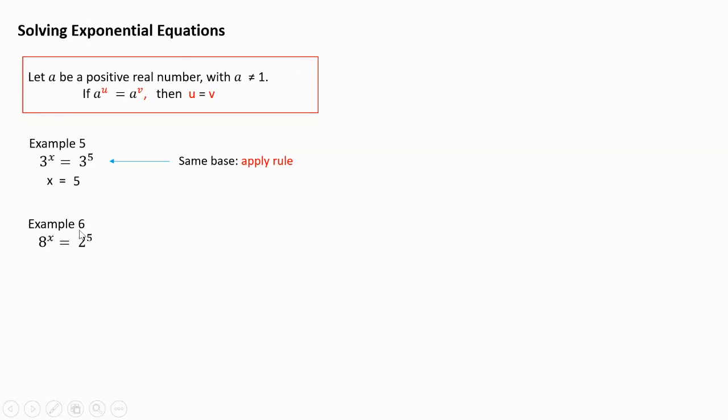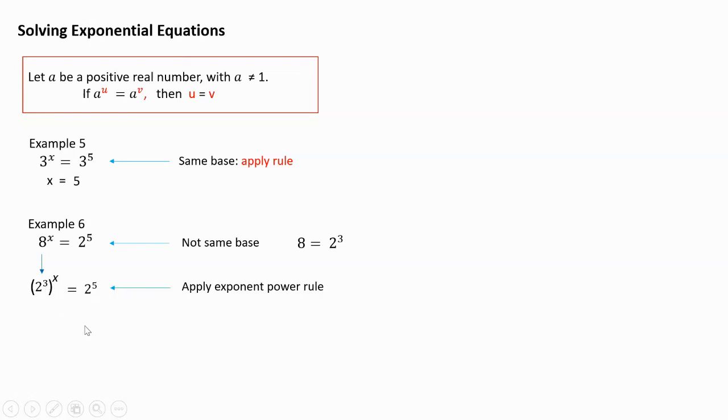So for example, example 6, do they have the same base? Not the same base. So let's see if we can get 8 with a base of 2, like 2 to what power will give me 8. That's why on the previous slide I mentioned that you have to know the perfect squares, the perfect cubes. This is the reason why. Anyway, you should know that 8 is equal to 2 cubed. So I'm going to replace the 8 with 2 cubed, and then bring down the exponent, equals 2 to the 5th power. Now here we're going to apply the exponential power rule,